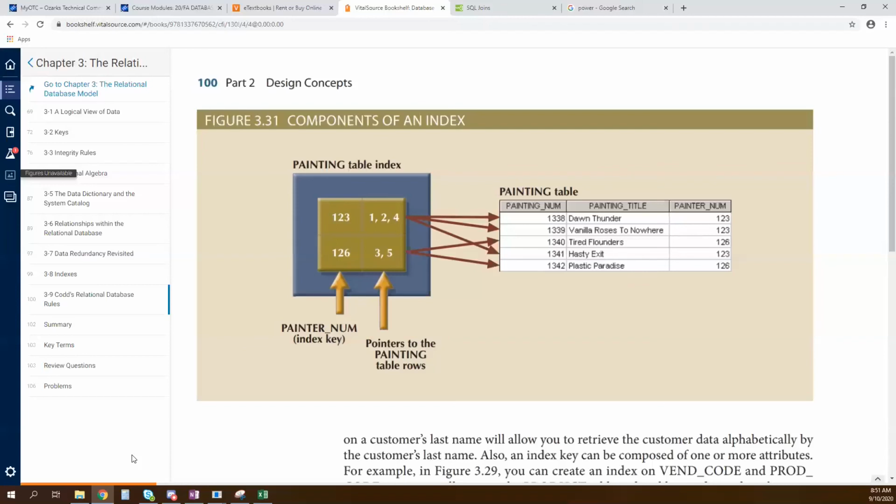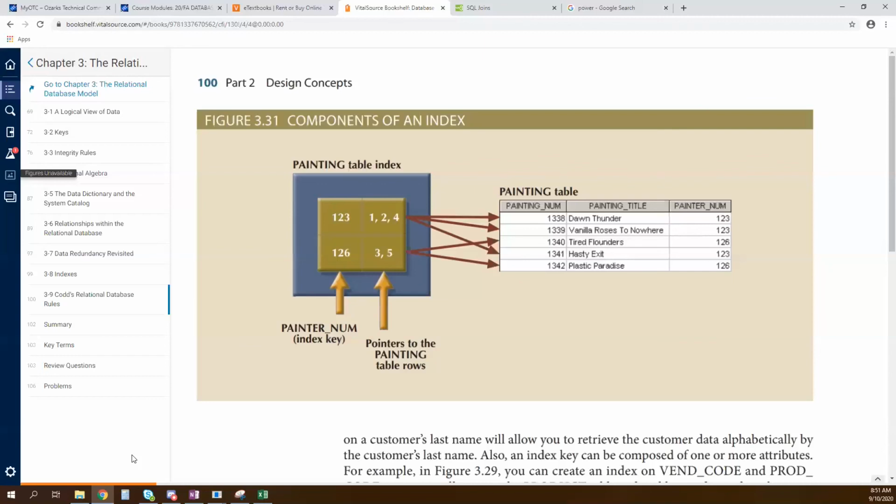My index then, if I were looking for painter number 126, would say the pointers for that painter are 3 and 5. And so this is a very, very high level view of what's going on with that index. But basically, it's a series of pointers that are saved on disk also in another location